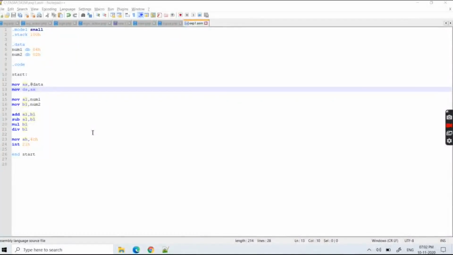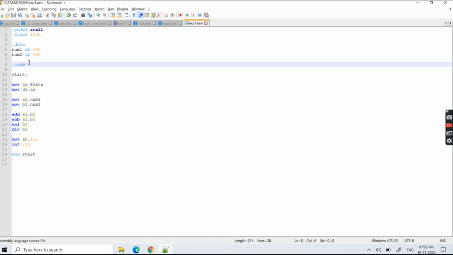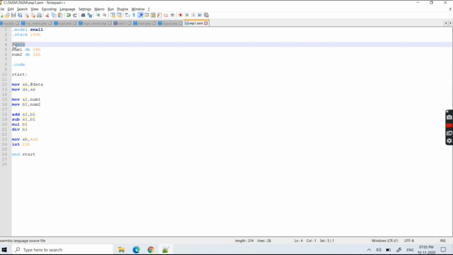First program is to add, subtract, multiply or divide two 8-bit numbers. So this is the assembly level assembly language program. As we already discussed, we the programmers create data segment and code segment in the program. So with .data, here we are creating the data segment, as we need to add two 8-bit